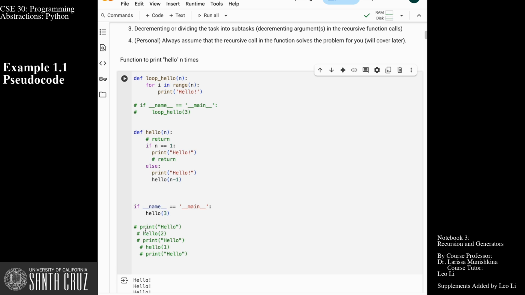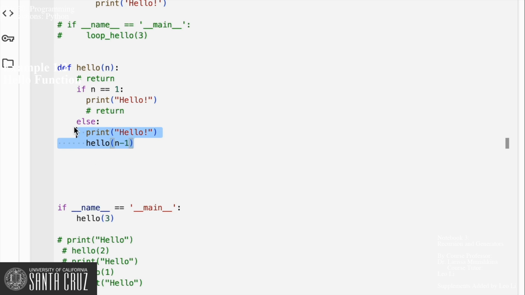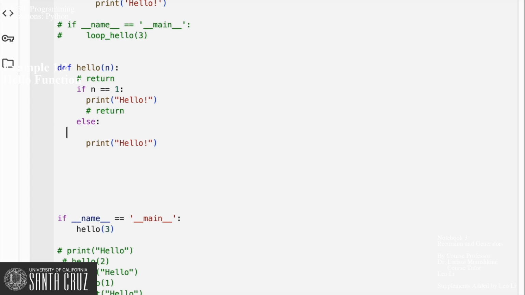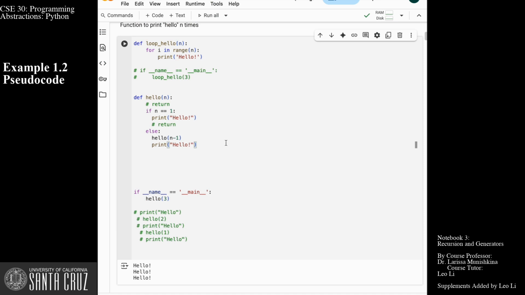Now we can see we print 3 hellos in total after calling this function, and this is how the recursive function works. Furthermore, we can switch the two call lines in the else branch. We can call the hello function first, then print hello. Let's use hello 3 as an example again, and we can see it will actually turn into the same result. In this case, it will go to the else branch, call hello n minus 1 first,